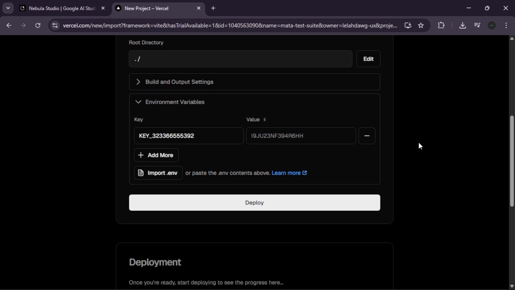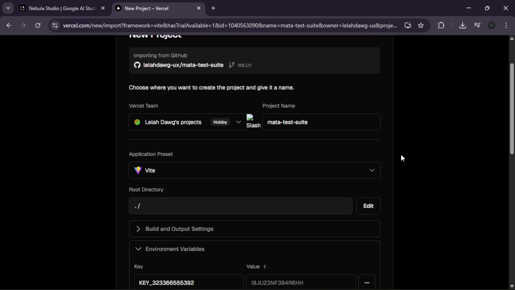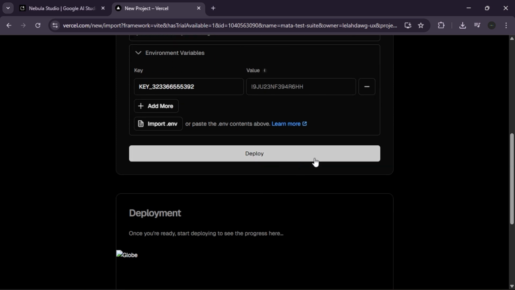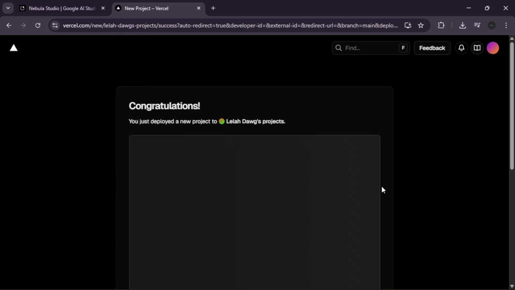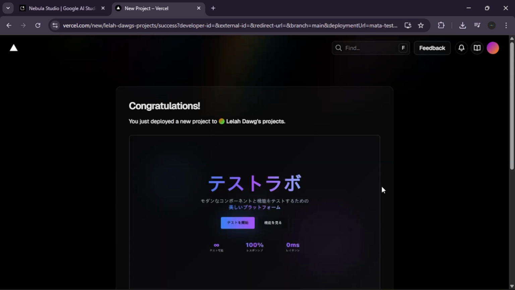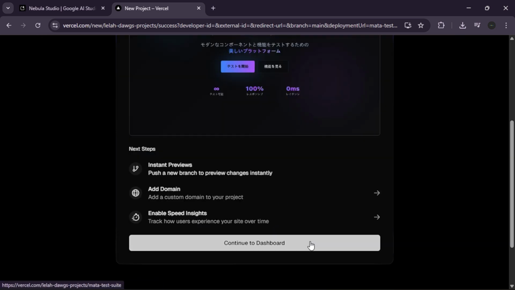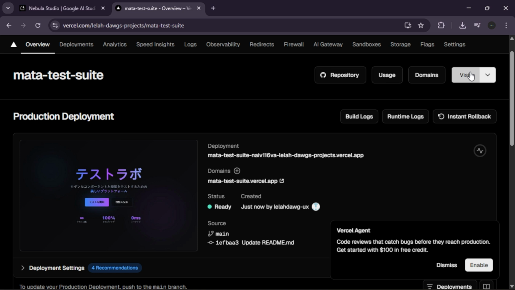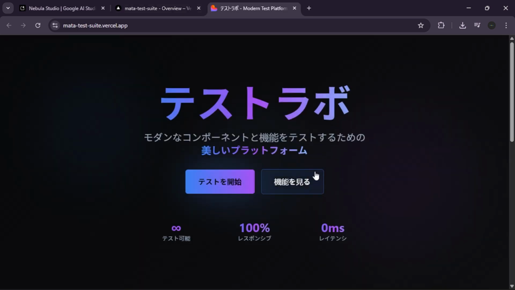Step 4. Deploying and going live. We are finishing by clicking the Deploy button. We do this to compile the code and generate your final custom URL. Vercel will provide a link like youraiapp.vercel.app. From now on, whenever you edit your code in GitHub, Vercel will detect the change and automatically redeploy your